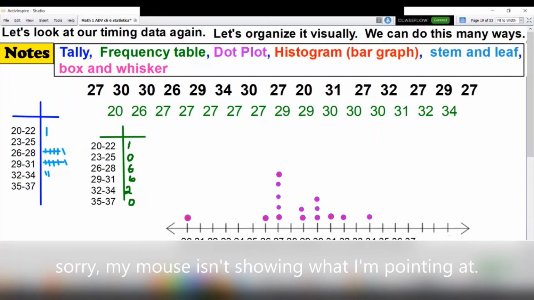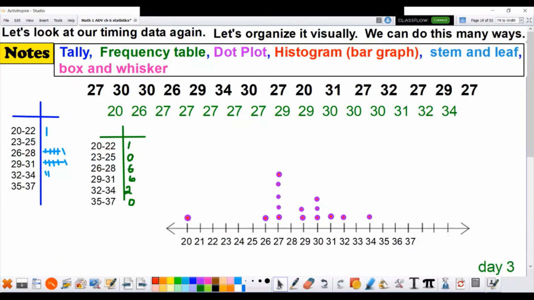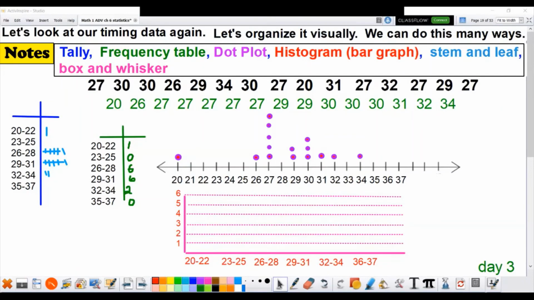Next one, the histogram, the bar graph. Okay, the bar graph is really almost the same thing. It's like taking these numbers here and grouping them together. We could take the same scale, and maybe I'll change this scale here. Okay, the next video, or the next